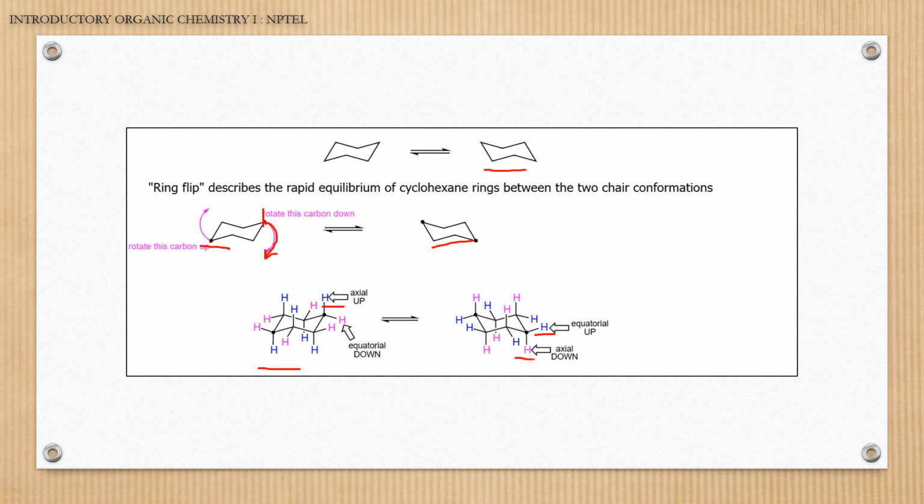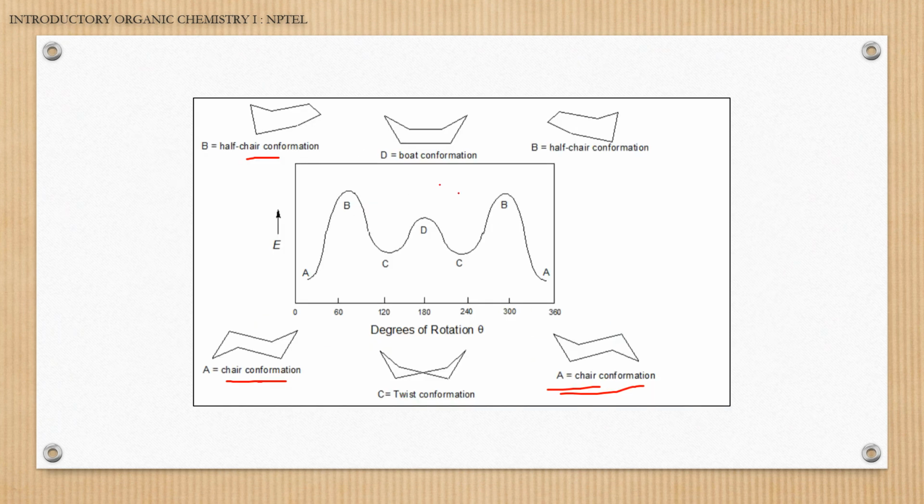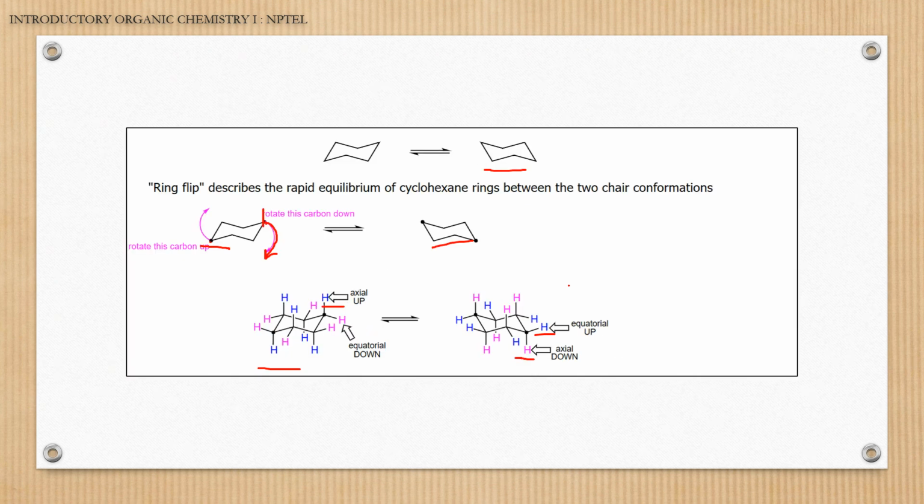Rapid equilibrium is there in between these flip structures, and how these conformations are playing a role in achieving this one chair conformation and another flipped conformation. Is it clear to everyone this much? Just leave the question aside. I'm talking about the ring flipping only. The ring flipping is happening